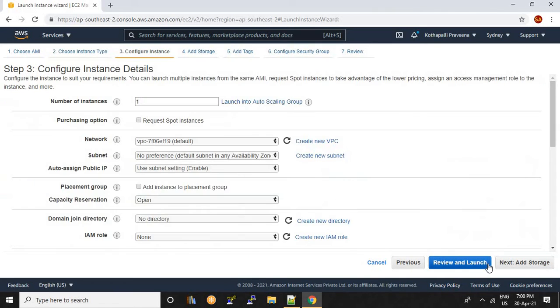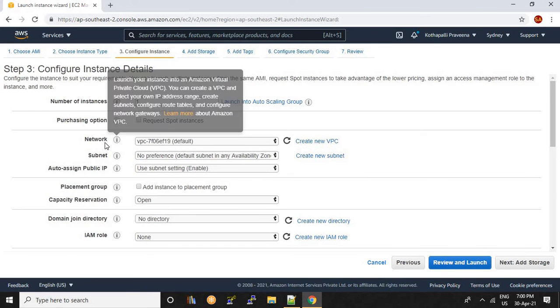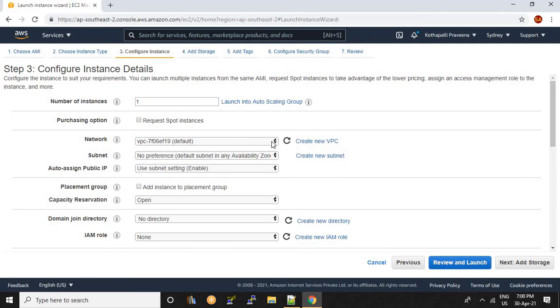Next, go to configure instance details. In configure instance details, the number of instances that we are launching is 1. And next, what is the network that we are choosing? Here the network is called VPC. I will tell you about VPC classes later, but by default you select the default VPC. Go to next, add storage.